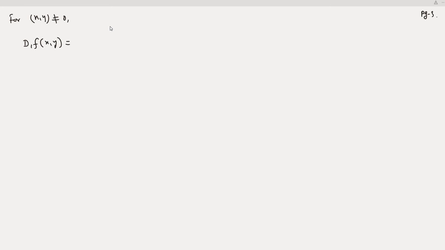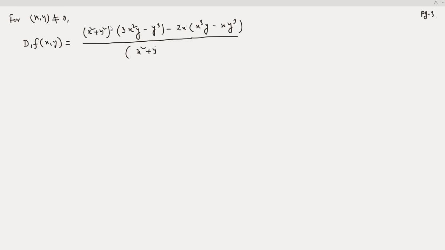This is equal to the denominator, x square plus y square, times the derivative of the numerator with respect to x, that is 3x square y minus y cube, minus the numerator times the derivative of the denominator with respect to x, that is 2x times the numerator x cube y minus x y cube, over